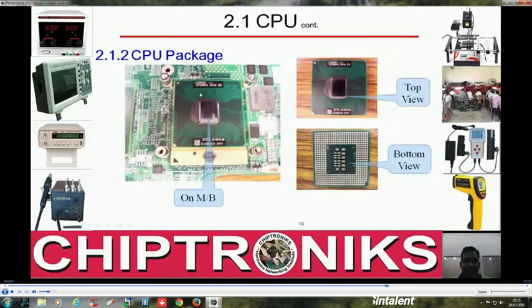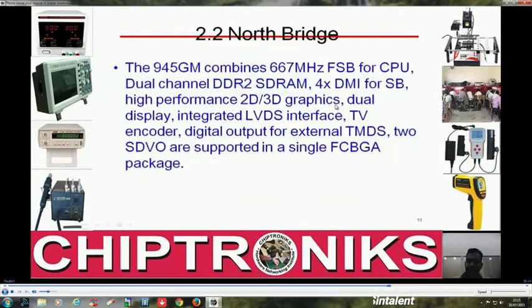This is the CPU package. This is the top view of a CPU, and this is the bottom view of the CPU. On the bottom side you see the pins, and on the top side you see the core. And the North Bridge, as we already studied in class 1, consists of